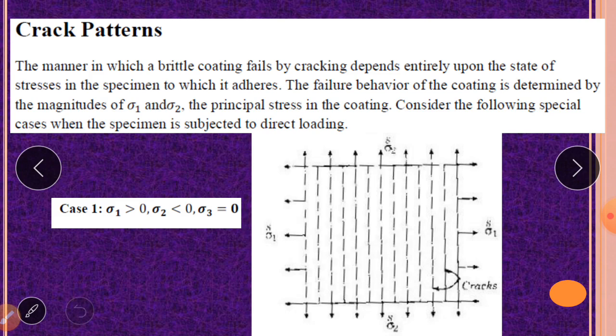So, crack patterns. What are these crack patterns? As we see, the coating is applied on the surface. When the surface is under load, the cured coating is going to get cracks. That crack is helpful to understand wherever the stress is more or less. That is the process here. So how are the crack patterns going to be considered here?